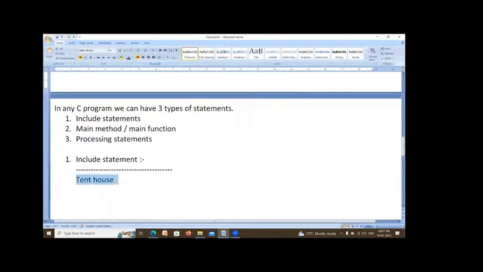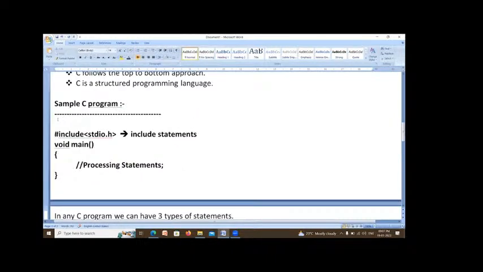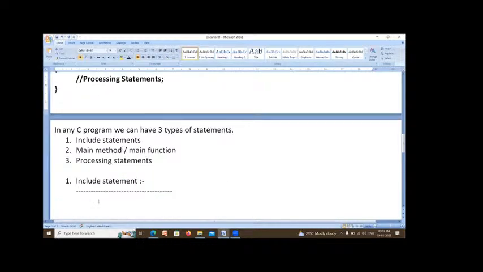Now tell me, what is the #include statement? You have to write the include statement at the top of the program. It is the first line in any C program. You have to write #include stdio.h at the top of the C program.